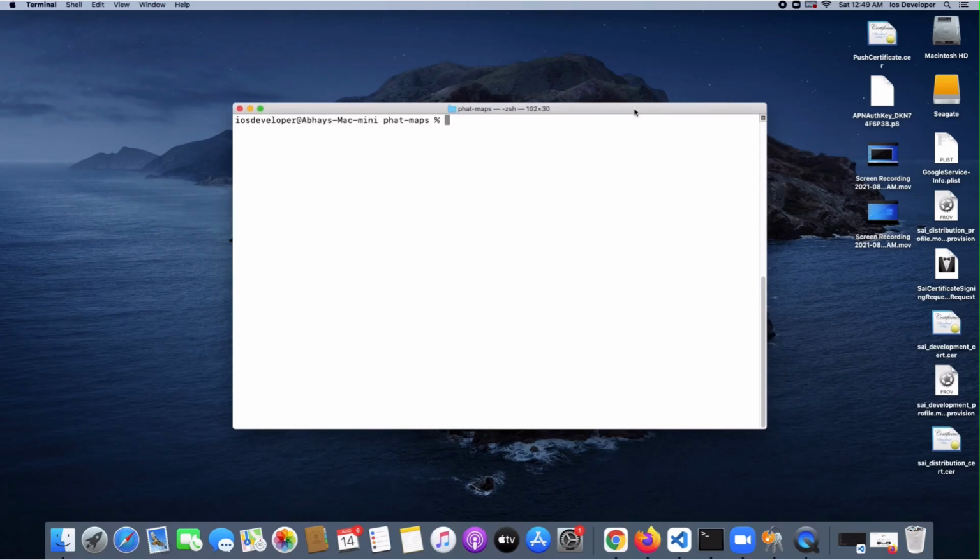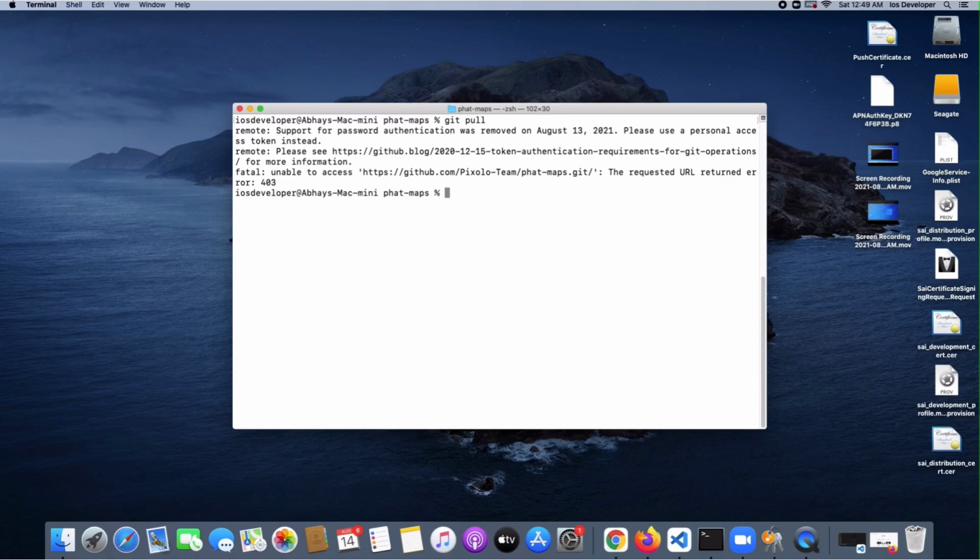So, if you're a regular GitHub CLI user, you must have noticed this error that you're getting recently, where it says that the username and password that you used to use all this while to perform all your Git CLI operations, well, those aren't working anymore, and you need a new access token. So, that's really easy to get.